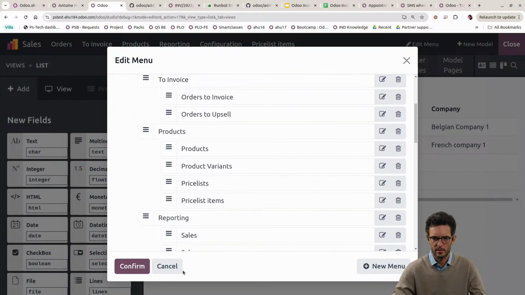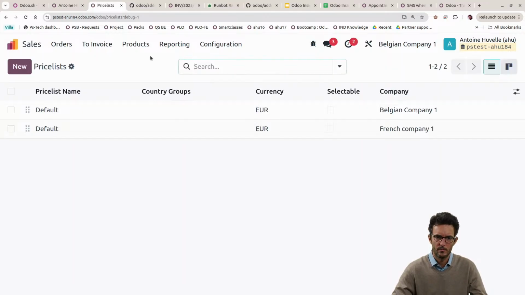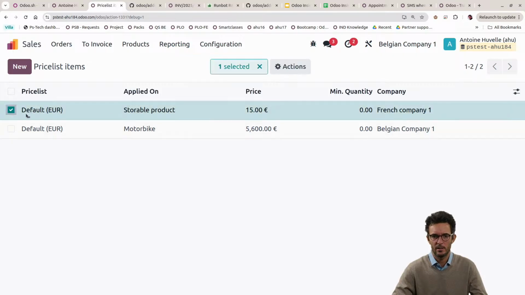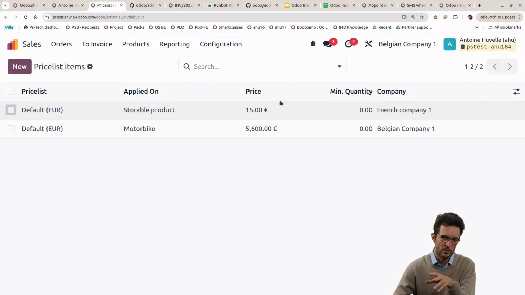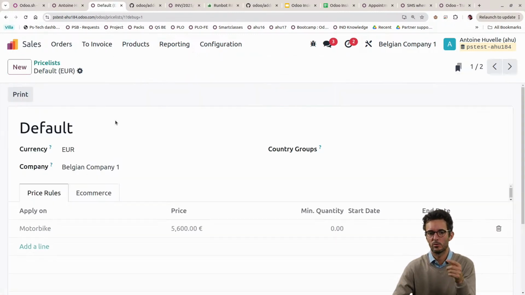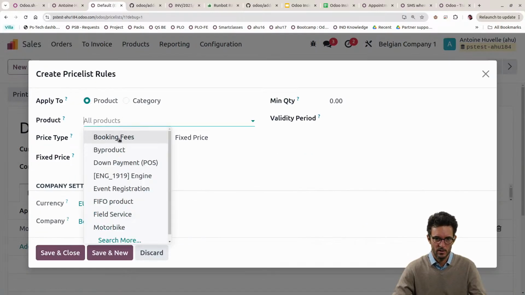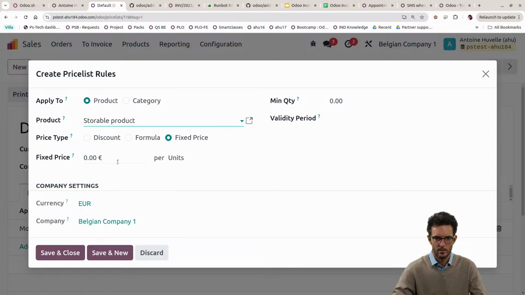Just here after the price list. Let's confirm and close. So now it's located here, and then you see different price lists. And there you have one, because you know it's 15 for France, but as the base is 20 for Belgium, it's not showing here. So if you do that and you feel like this is a good enough approximation, you would have also to use, if you want a comparison, here for the storable product, a fixed price,